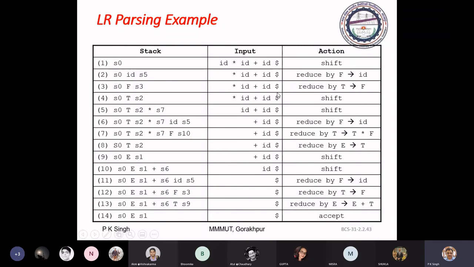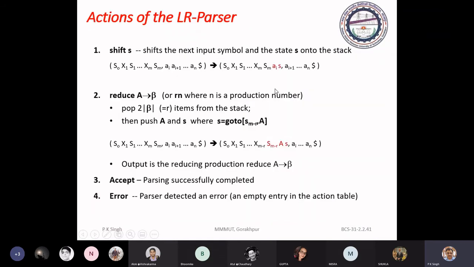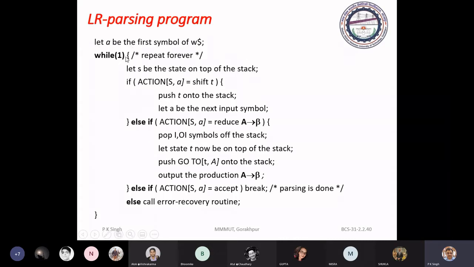Next, I have told you that there are three types of LR parser. One is SLR, second is canonical LR, and third is LALR. For all types of LR parser, we use the same program and this algorithm.